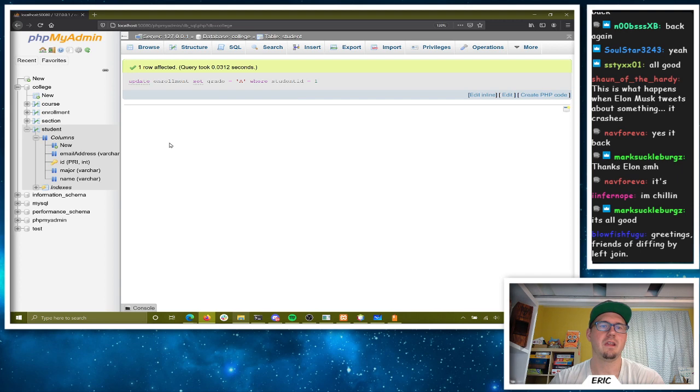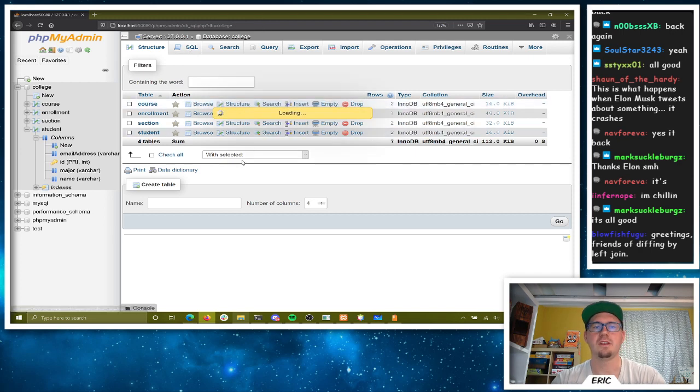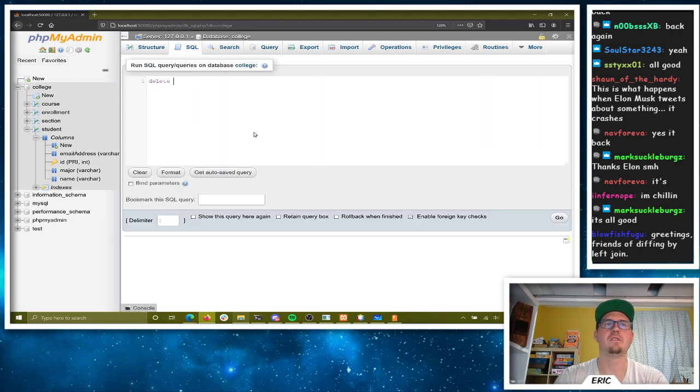All right, so let's update, and then you can also delete. So let's go back to college. We'll run some more SQL. So you'd say delete. You say delete from what the table name is. So let's delete from student, and then if you don't give the where clause, it's going to delete everything. If I just hit go,